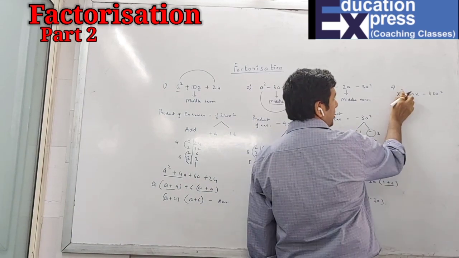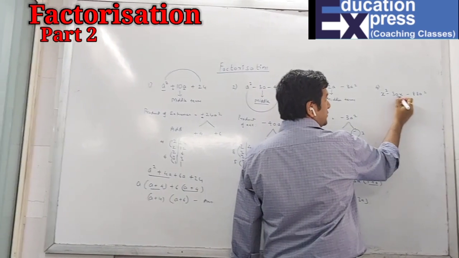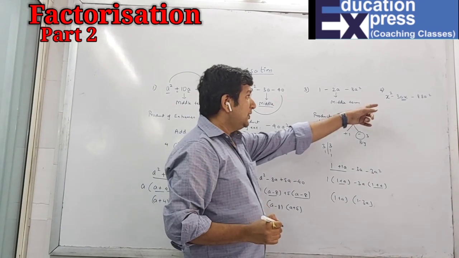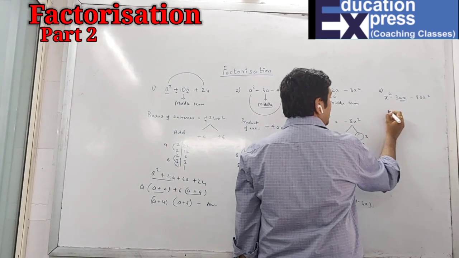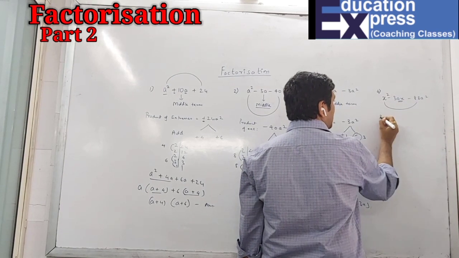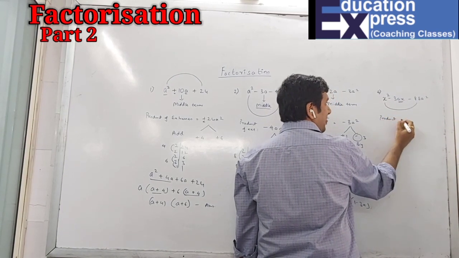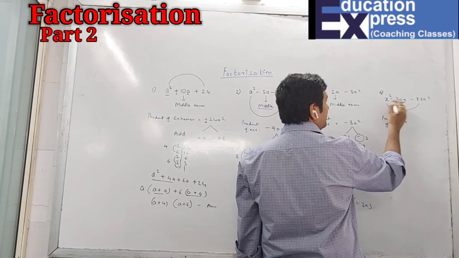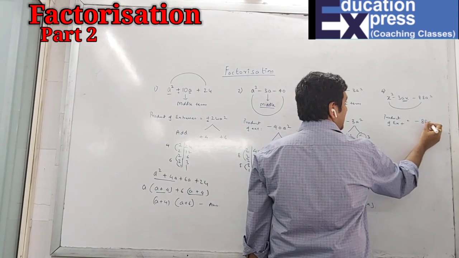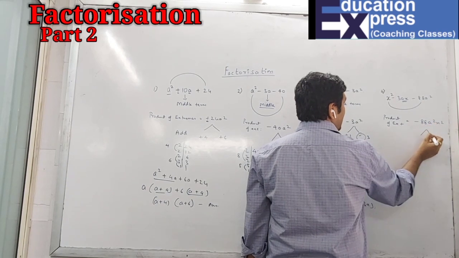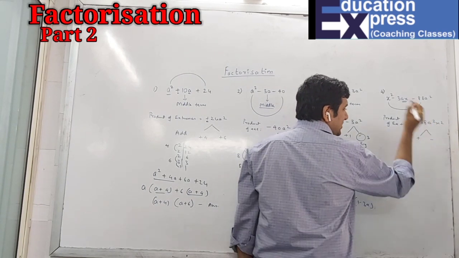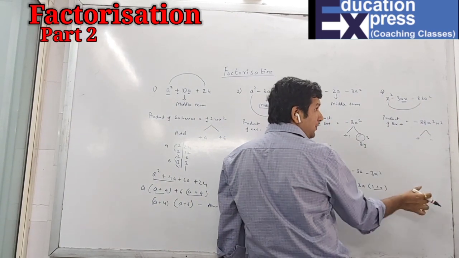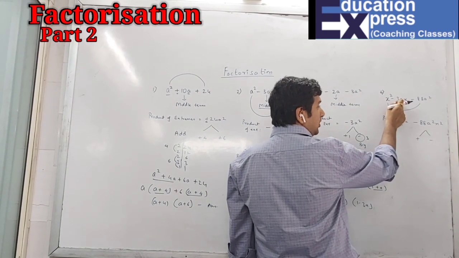Which is the least power? See here the power is 2. Power is 2. The least power is a and x. So this becomes your middle term. So again the middle term we know, and the product of the extremes is minus 88a square x square. Again the minus indicates what? Plus and minus. So now obviously again you have to subtract two numbers to get the middle term. Middle term is what? 3.